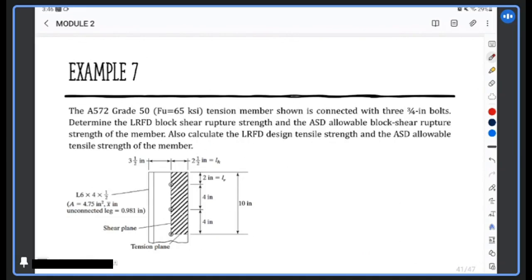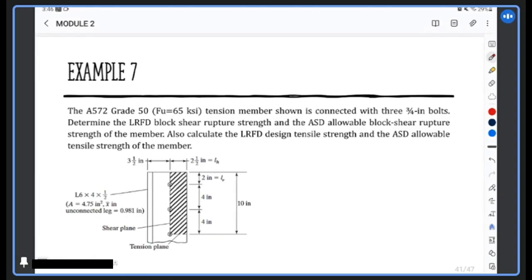Ako, sinesearch ko na lang kapag hindi ko alam yung MPa equivalent. 50 ksi to MPa, that's 345. So, A572, that's Fy of 345 and 65 ksi Fu is